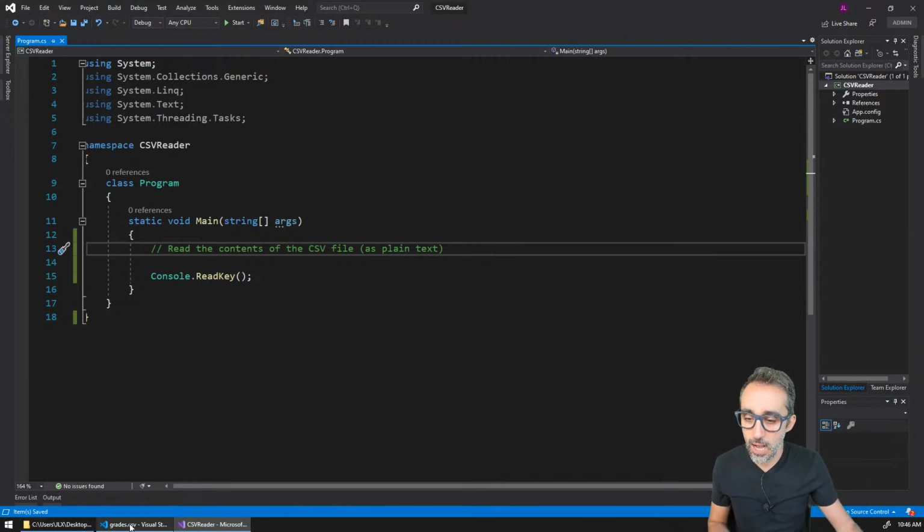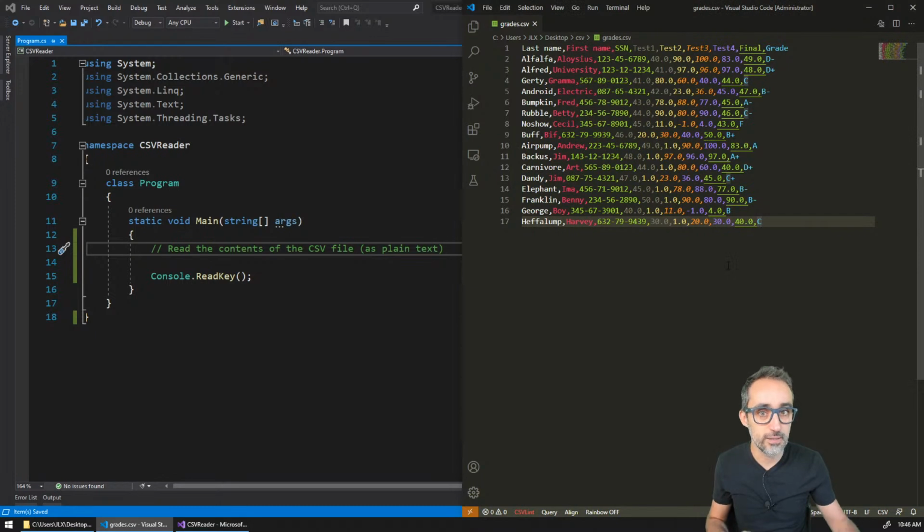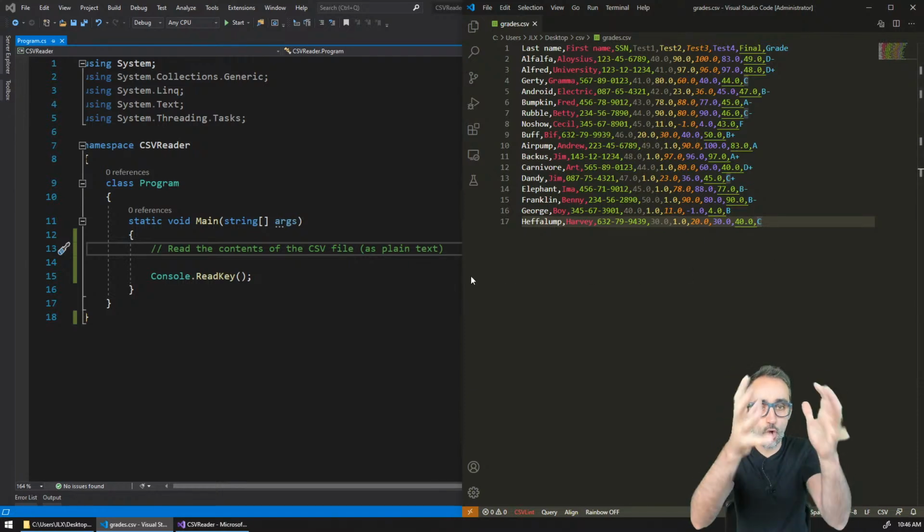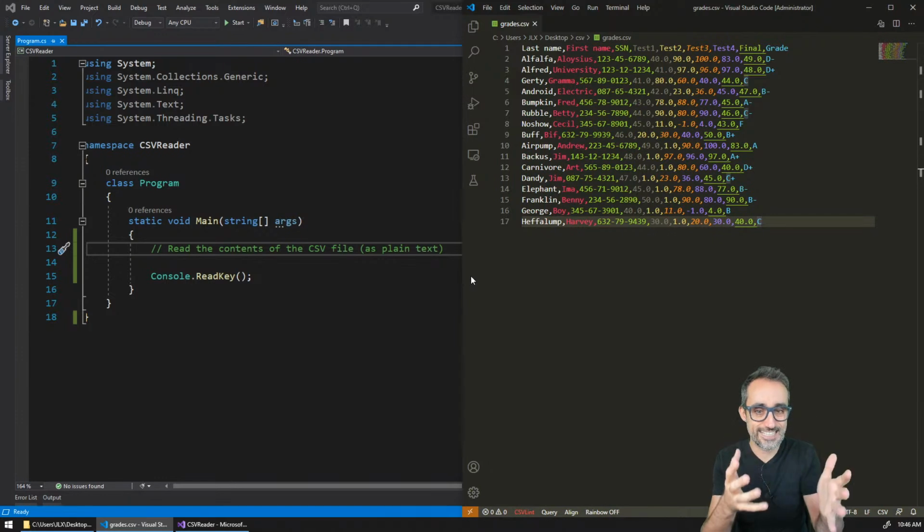Just as a reminder, the file that we're going to be working on is called grades.csv, and it contains names, first name, social security, values for the test, and then the final grade for these students. So it looks something like this. Now, the first thing that I would like to do is take all this content, all this text, and bring it in as one string, or as an array of strings